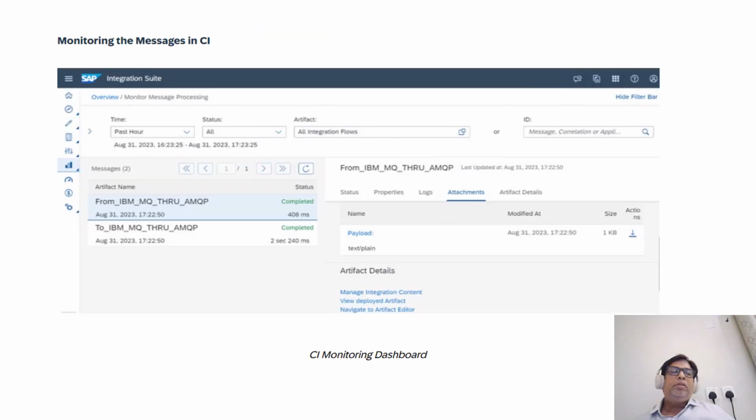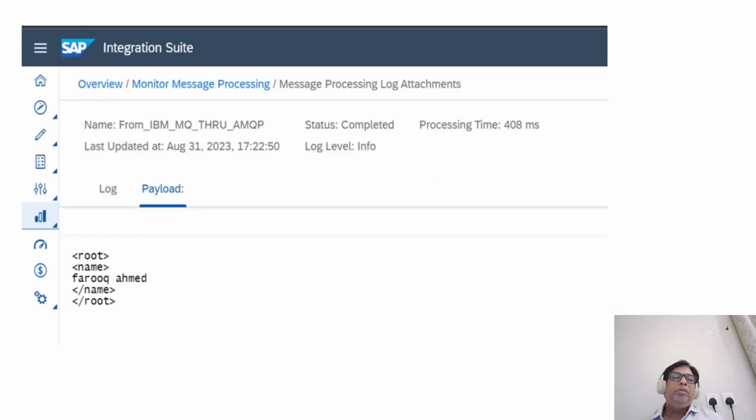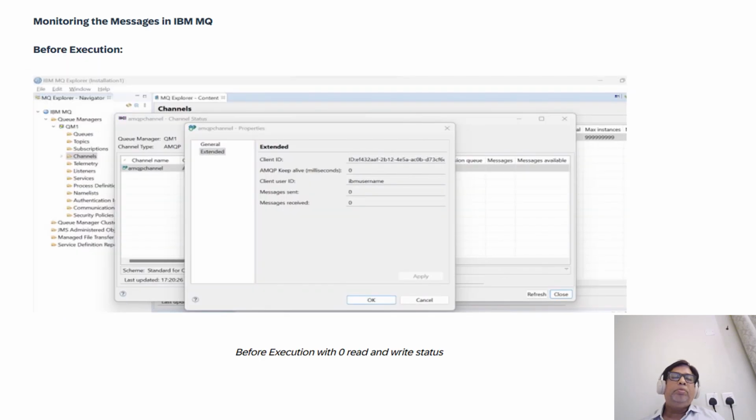Once this is done, in the channel monitoring in the integration suite, you can observe this particular payload is already tested, and whatever the sample payload is, it is already sent. In this monitoring dashboard, you can see the IBM MQ is connected. So this is the payload. You can see the sample payload, test payload, and here the monitoring message of IBM MQ. Here you can see that